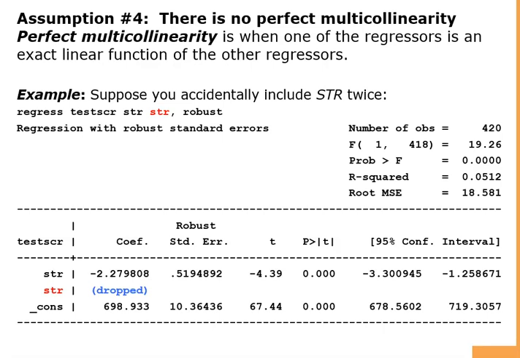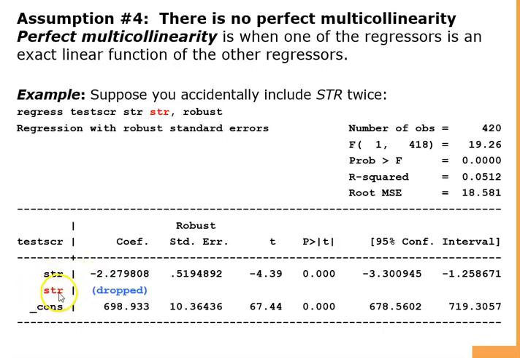So let's suppose when you were running this regression between the test scores and student-teacher ratio, by mistake you typed in student-teacher ratio twice. What the software will try to do in this scenario is estimate the effect of this STR while holding this STR constant. Now, can you actually see the effect of a variable while holding it constant? No, you cannot. So what will happen is that STATA will automatically drop the second STR, which was a typo essentially,